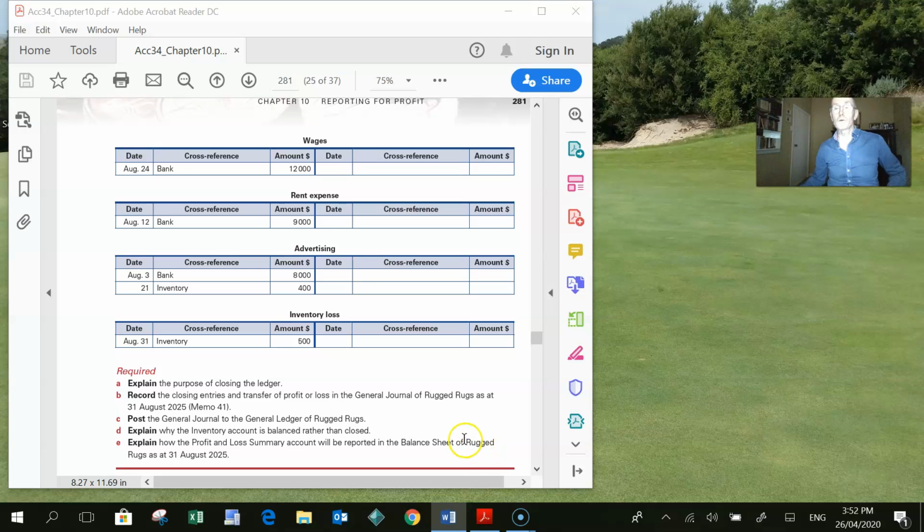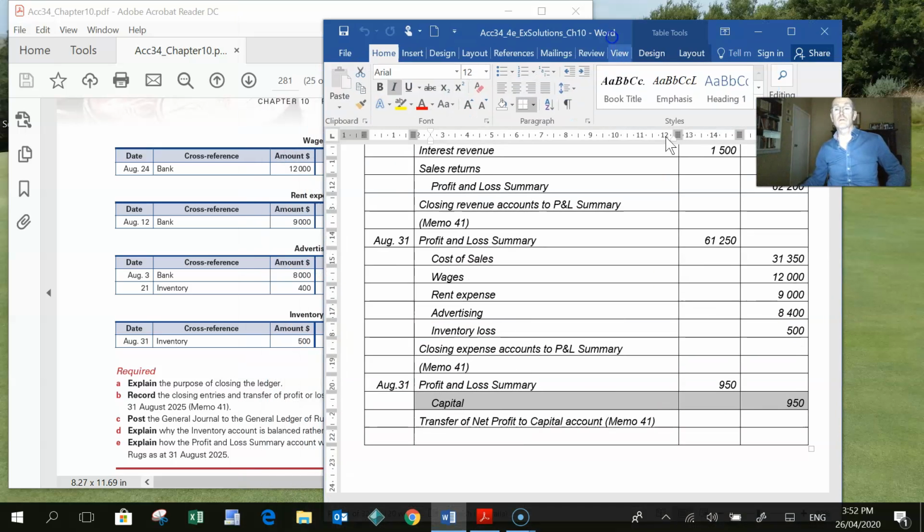It will be reported under owner's equity. So it'll be capital, whatever the capital balance is. You then add your profit and loss summary if you've made a profit, or less profit and loss summary if you made a loss, less loss for the period. So in terms of what that looks like here,